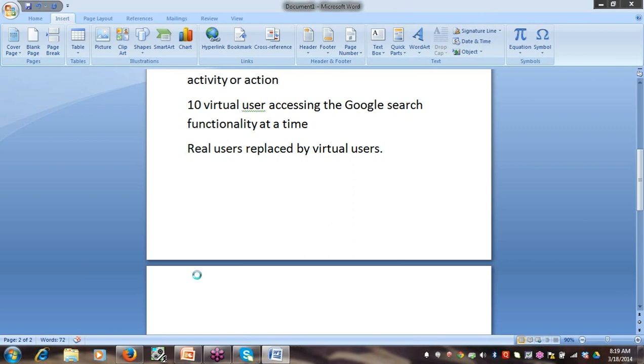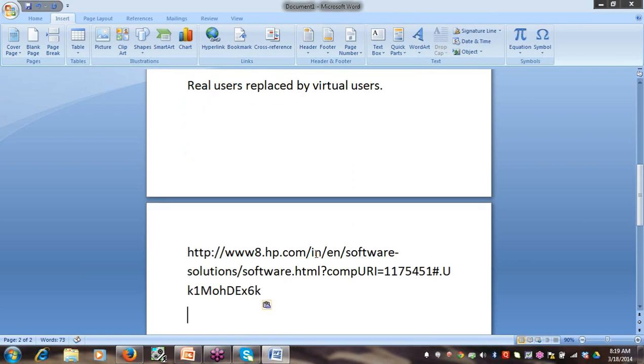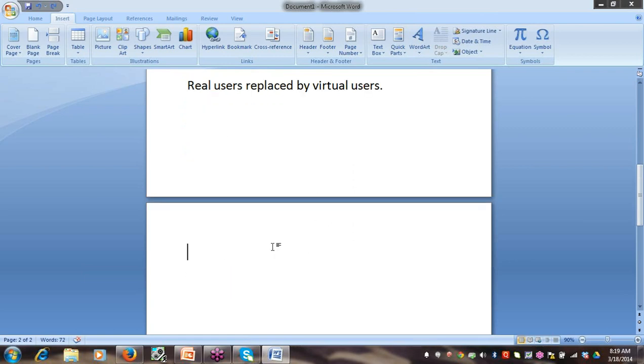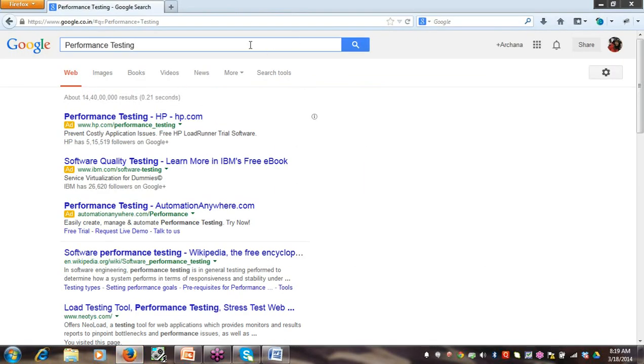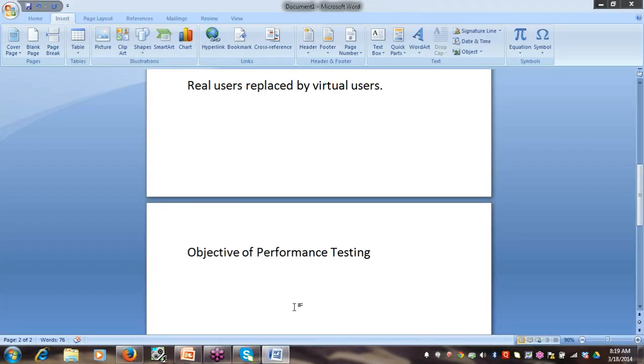Objectives of performance testing. Okay, so suppose this application is coming. This is totally a new application. So we can test a new application,